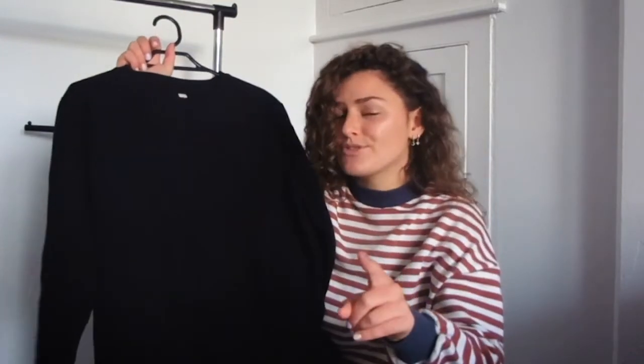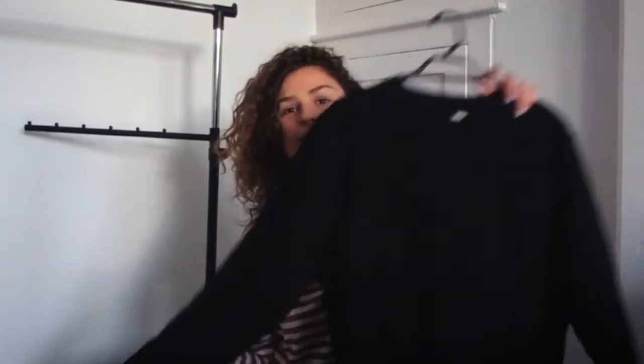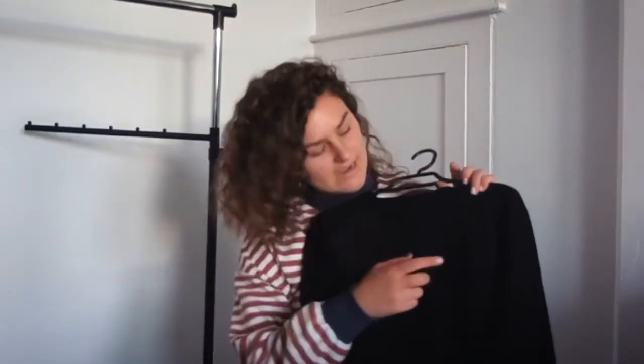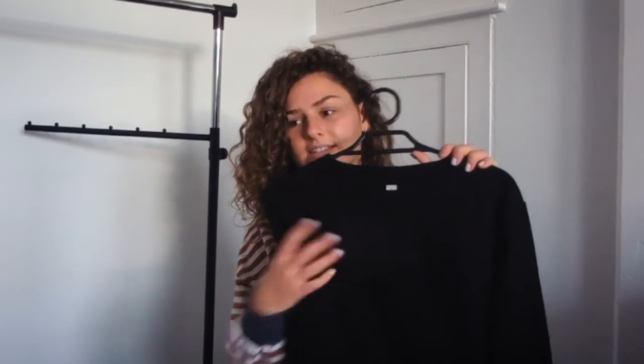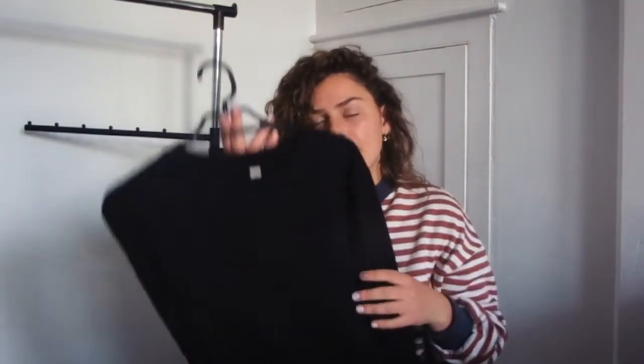It says There Is Something More on it, but it's in black, so in person I promise you can actually see it. But as you can see, it's just a plain black unisex sweater, and it's got the writing There Is Something More on it, and you can buy this where the writing stands out more. I wanted to mainly wear this for work, where I don't have to be dressed in black, but I work in TV and film, and if we're shooting in a studio, I prefer to wear black. So the reason I bought this is because There Is Something More is in reference to